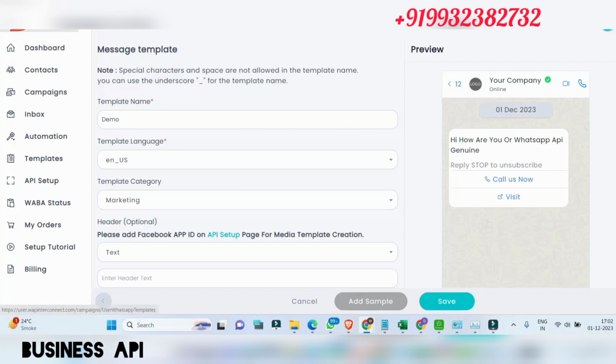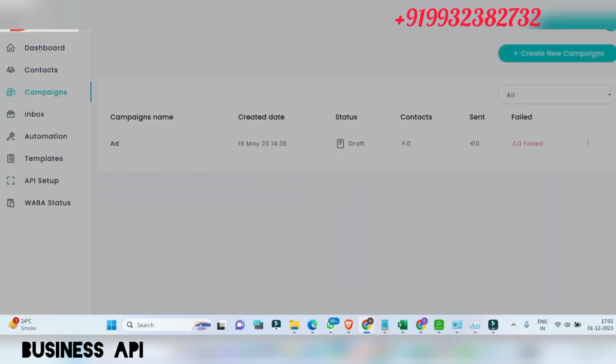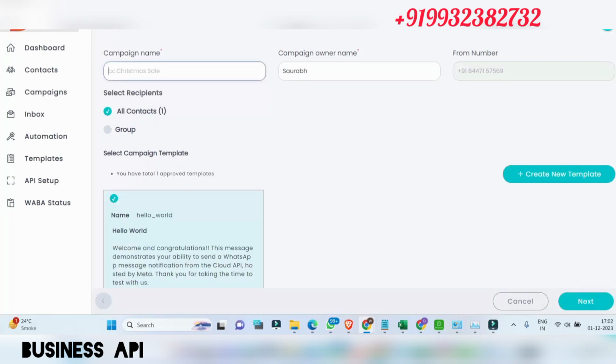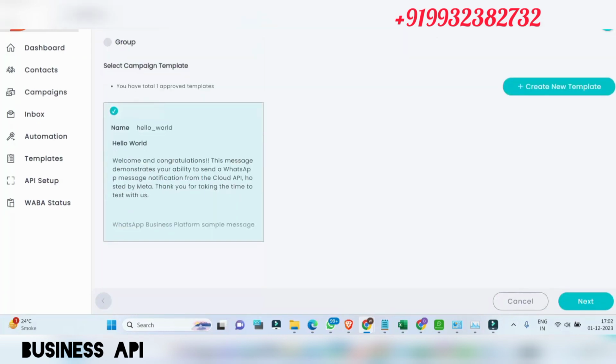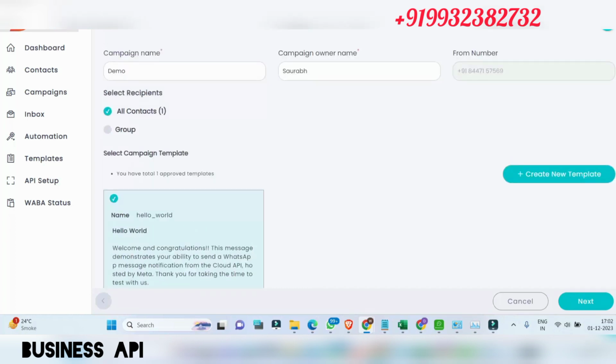After the template approval, we'll go into campaigns and create a new campaign. Campaign name. This is our template, which was approved last time by WhatsApp. We can get a new template approved also.